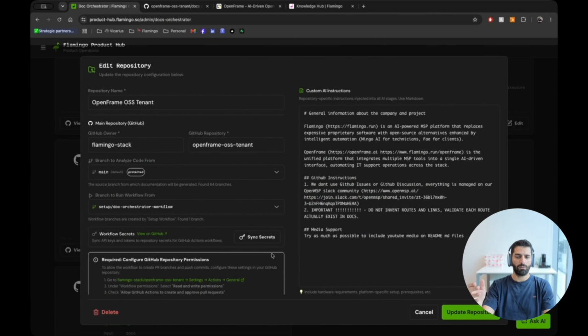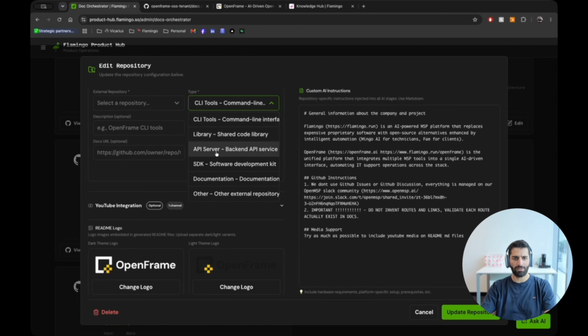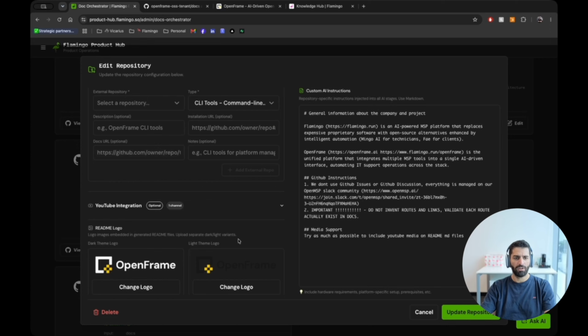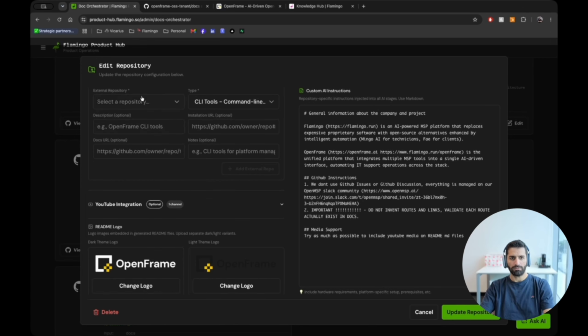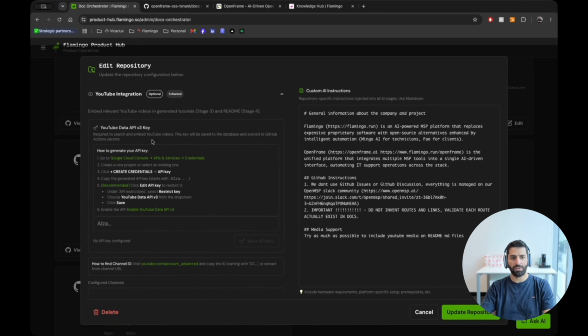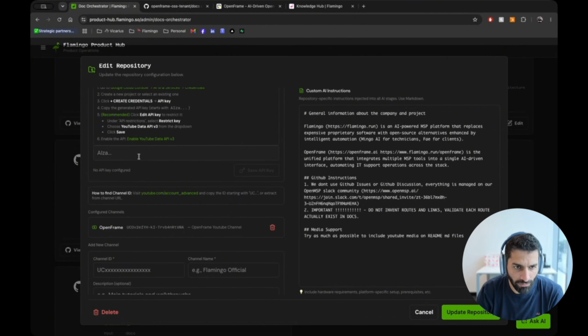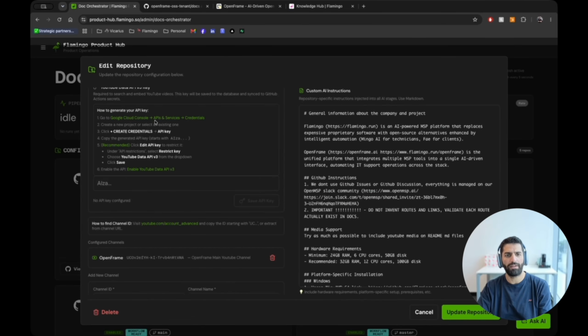So we can tell the AI agent, listen, that's the core code base, but there is a CLI tool that you need to reference in the documentation. That reference can be a library, API server, SDK, documentation, whatever, and you just put here all of the different things, the different parameters. YouTube integrations, so you can configure here YouTube integration, and then the AI agent, once it's